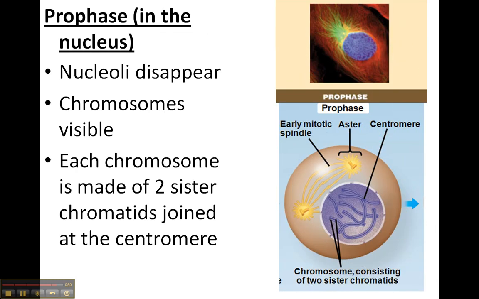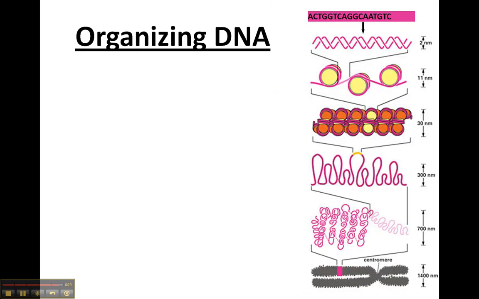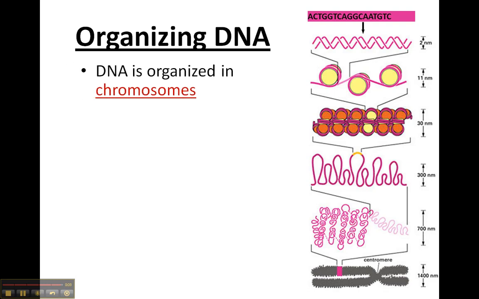If you recall, in interphase the DNA was present as chromatin, and now it's present as chromosomes. I want you to see here how that change actually occurs. So this is a diagram showing the process of DNA organization or DNA folding. First, the DNA is organized in chromosomes. And what it does first is you